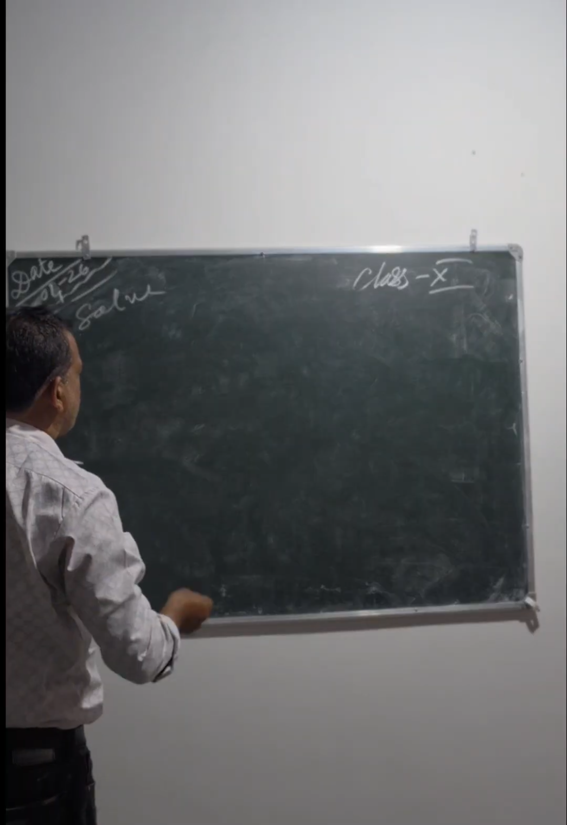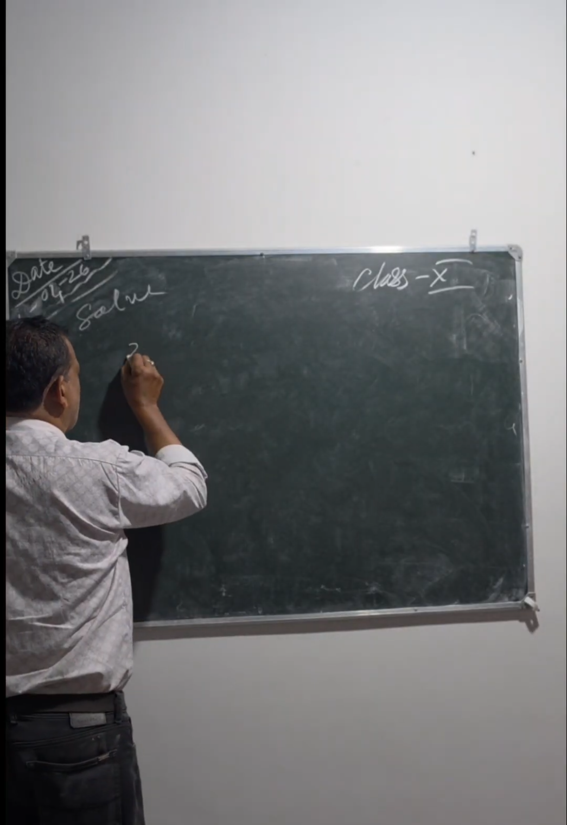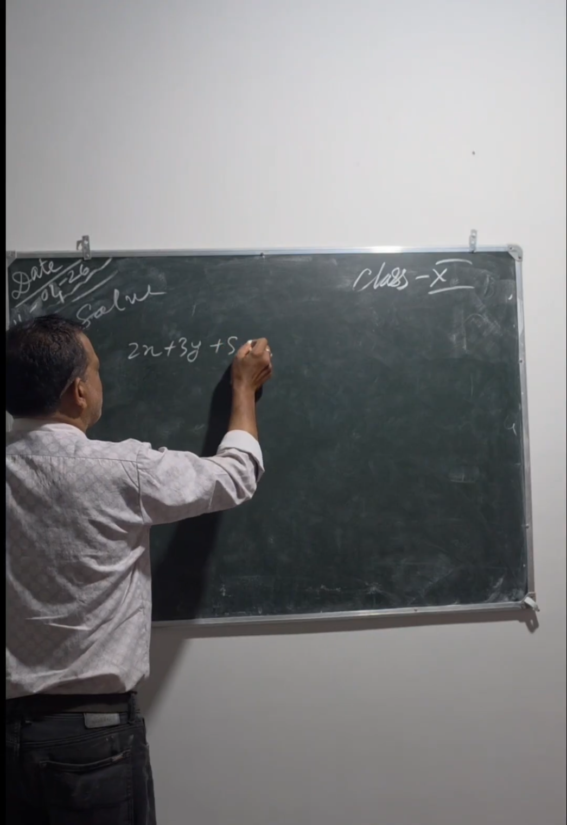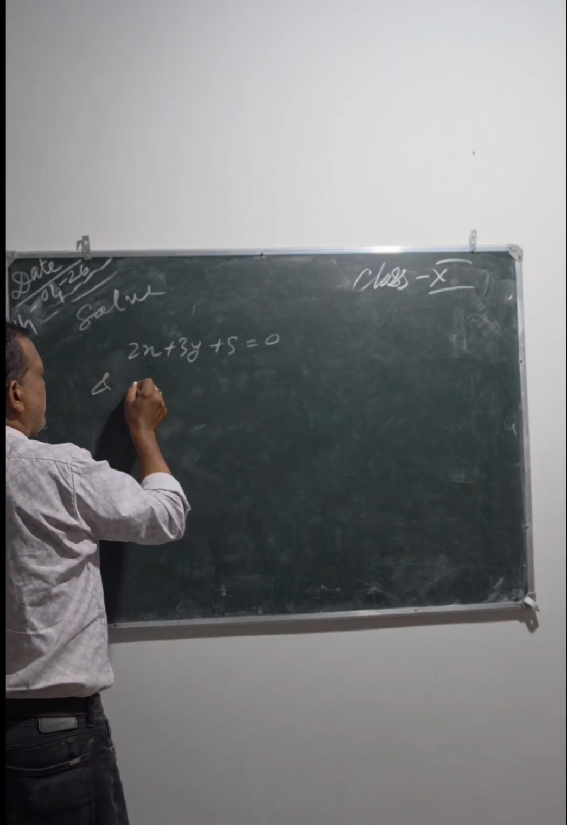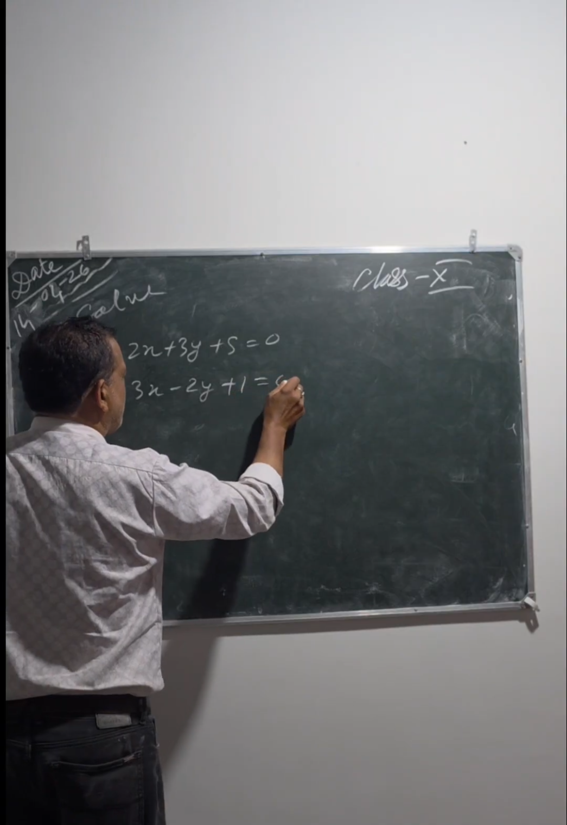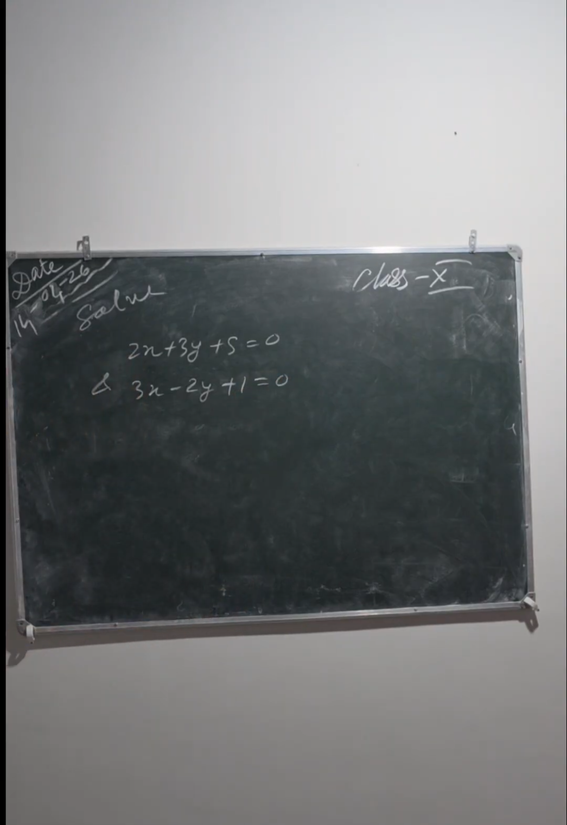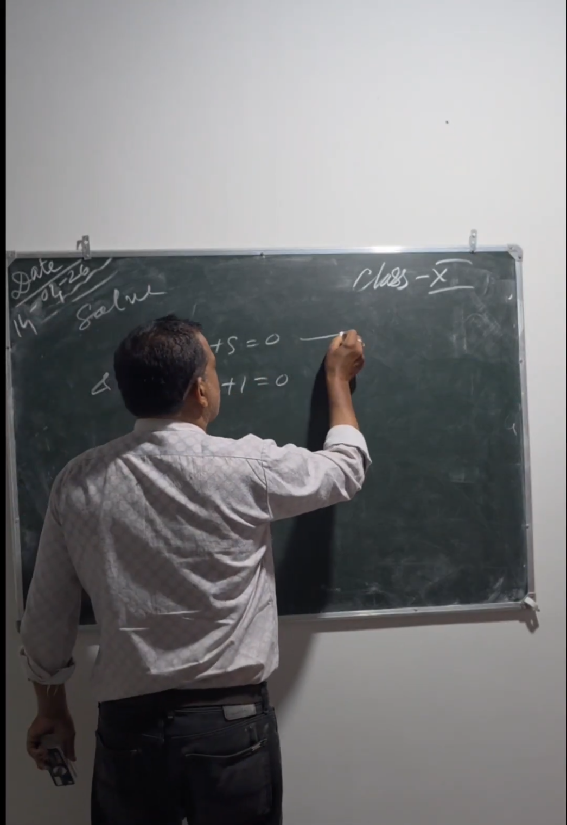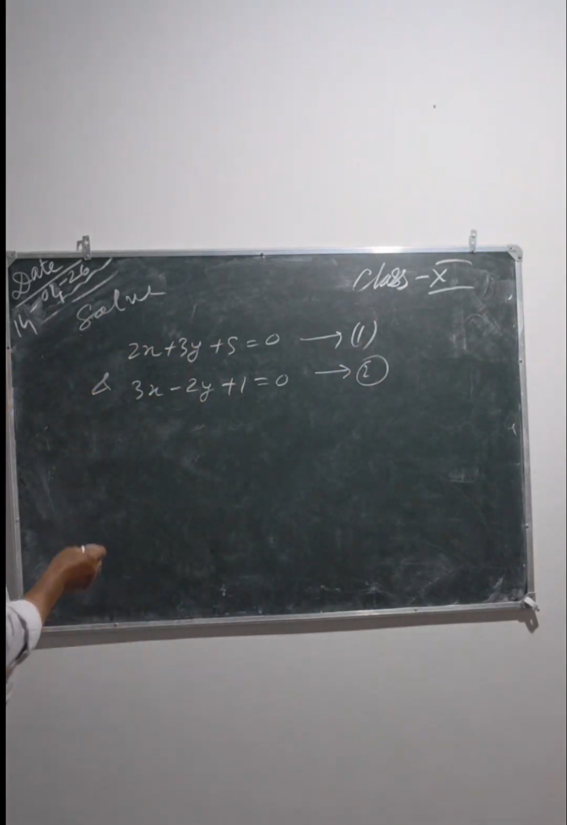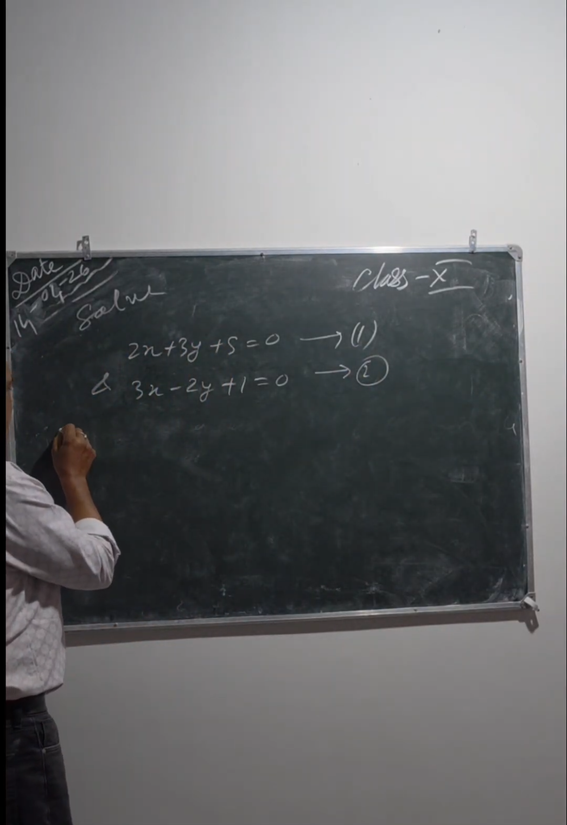So solve this one by the cross multiplication rule. Take the equation 2x + 3y + 5 = 0, and one more equation, 3x - 2y + 1 = 0. If we want to solve this by applying the cross multiplication rule, then we can write it this way: equations 1 and 2. Then, by applying the cross multiplication rule in 1 and 2, we have